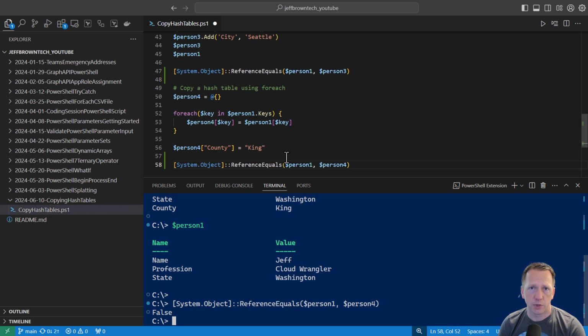So hopefully this made sense. Copying hash tables is not the same thing as copying integers or strings. You actually have to make a full other copy of it. There's probably a good reason why it's like this. I didn't dig into why hash tables are different, but just in case you need to copy a hash table